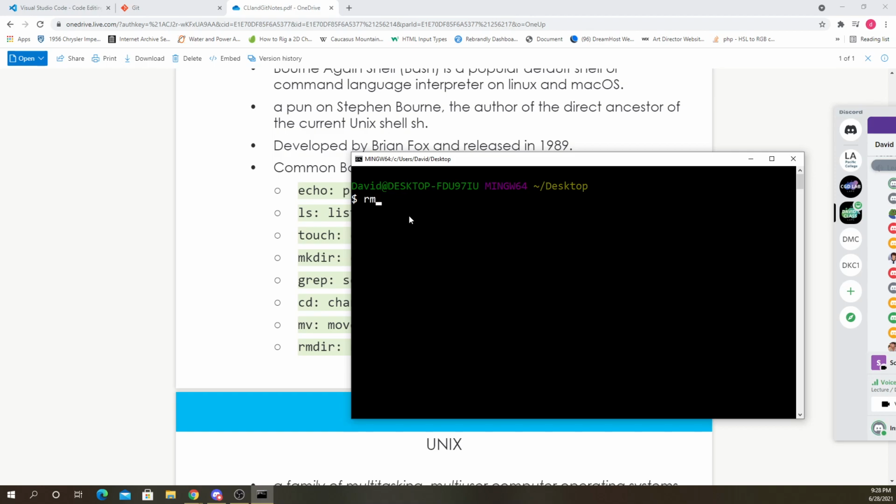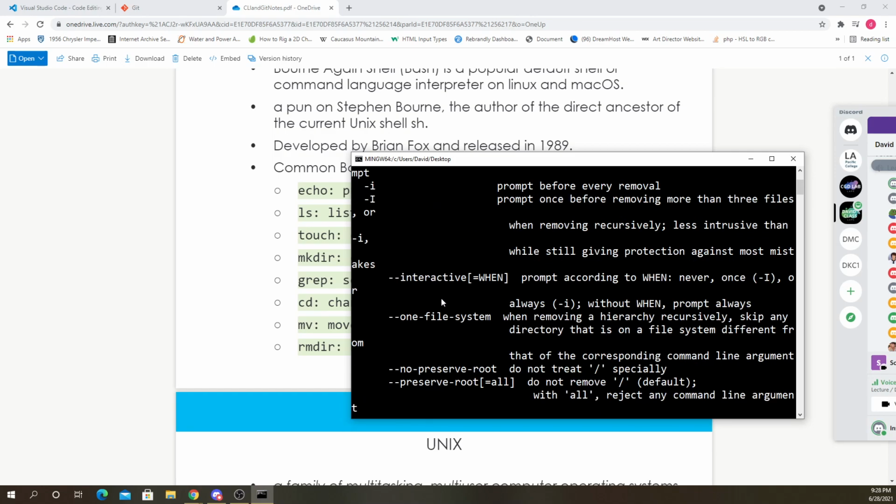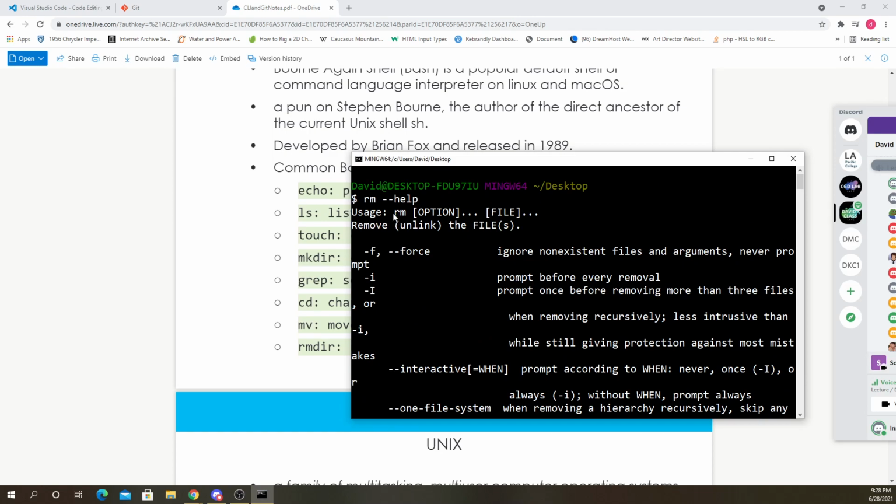Like rm will remove a file, but we can type rm --help and it'll tell you what that does. So usage, rm, and then options, and then the file that you want to remove. So if I type rm -f, the option would be f for force, and then the file I want to remove.